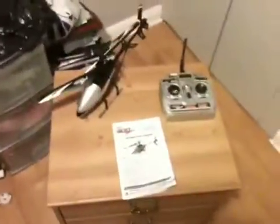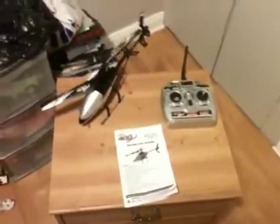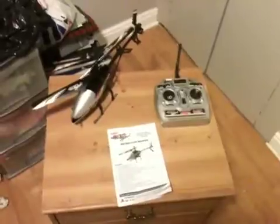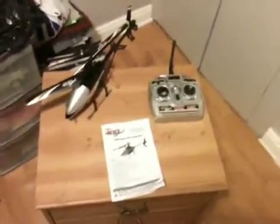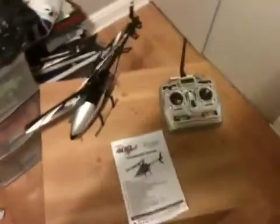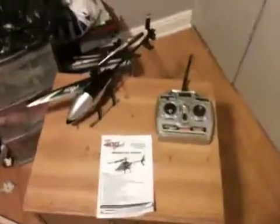Obviously, get it out of the box, check it's all there, it's all okay. Get your chopper on charge. Get your batteries in the controller. Have a read through the manual. Once it's all charged, what I found with it, I had a bit of trouble connecting the helicopter to the